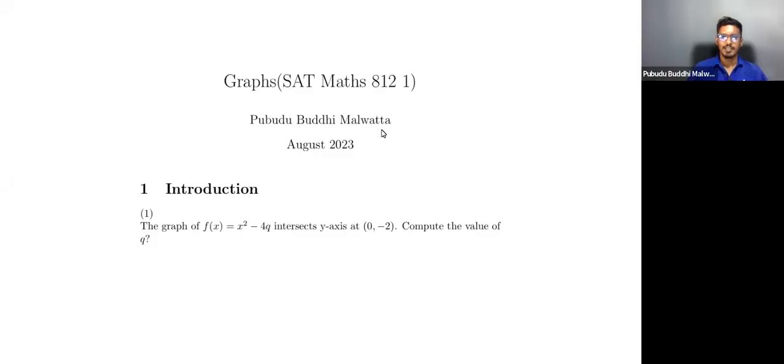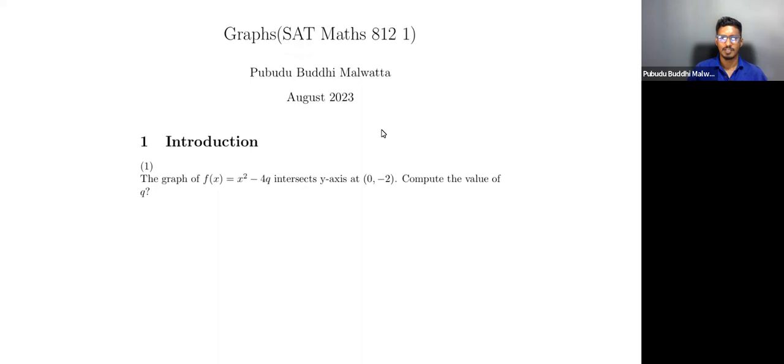Right. So in today's session, I'm going to solve a few questions. In this session, I'm focusing entirely on graphs, right? So here we have